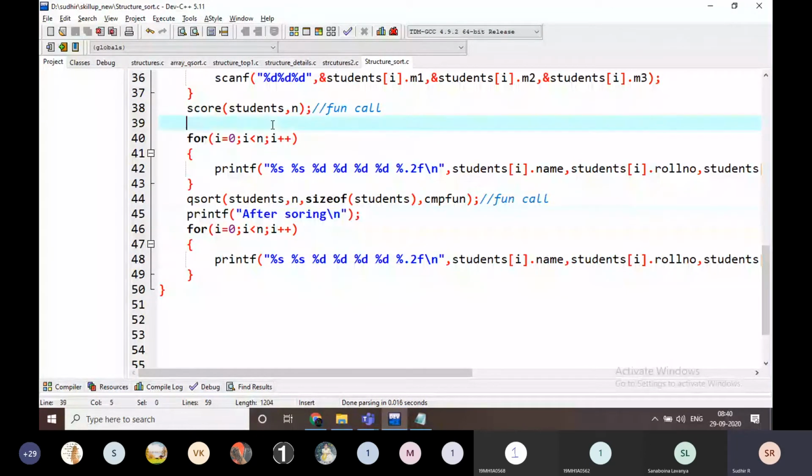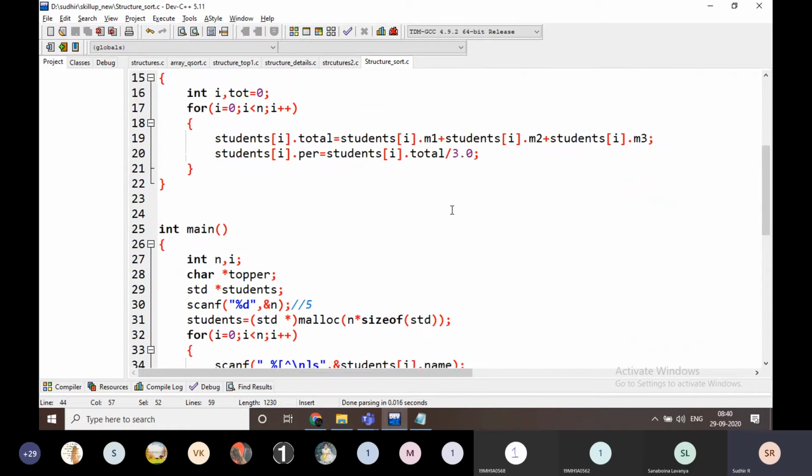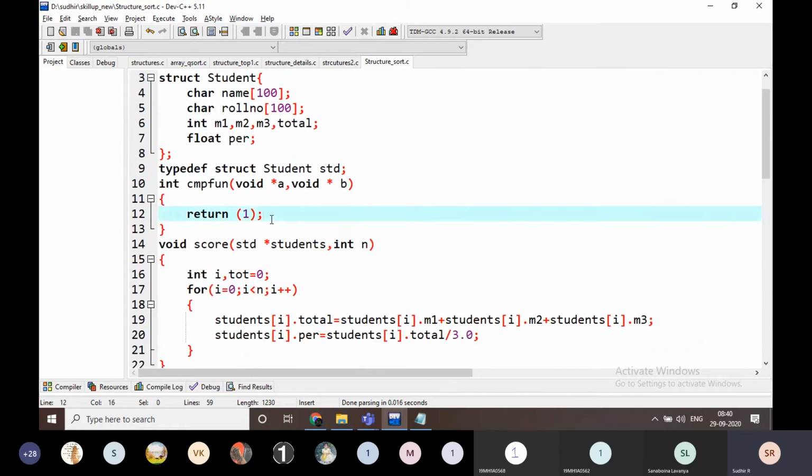This is going to be before sorting. This is before sorting, and I am going to write this is after sorting. What will happen here? Okay, now I'm going to develop this one. What we have to do? Where it is here, I am going to write return. What is the variable name? The variable name is going to be total, right?